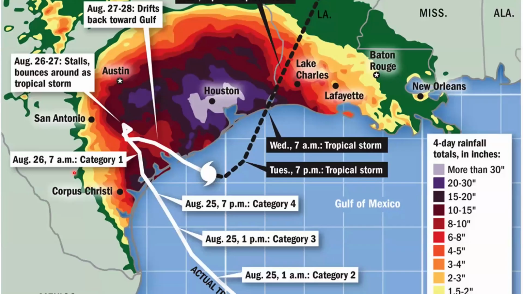The second storm that I'll highlight is Hurricane Harvey. This one made landfall in Houston, and it is notable for the amount of rainfall that actually occurred during the storm, with some areas reporting as much as up to 60 inches of rainfall accumulating over the course of the storm.